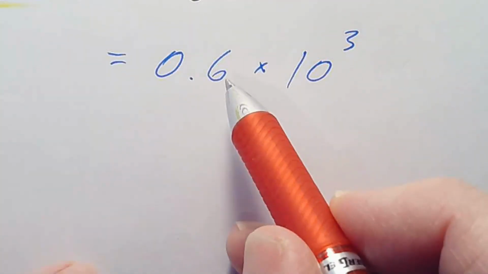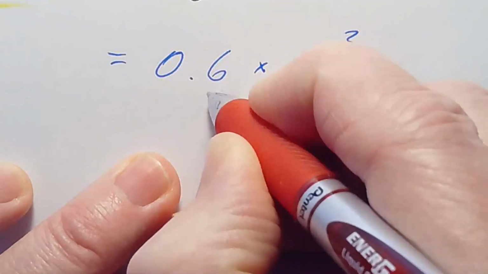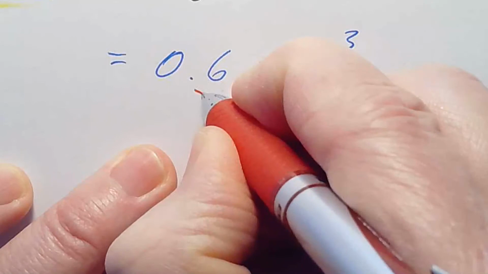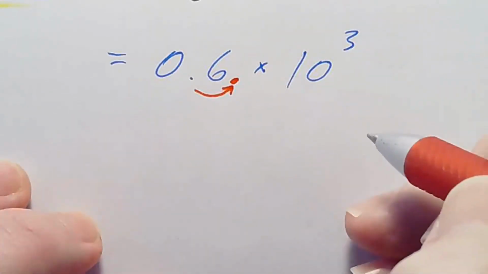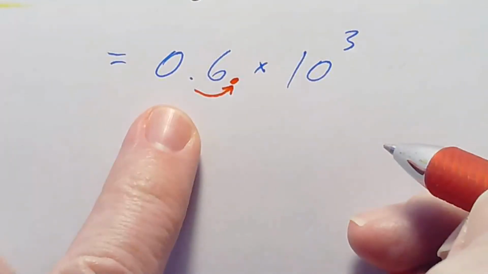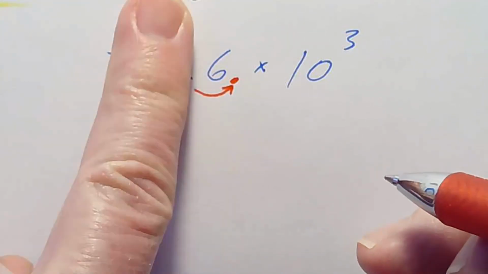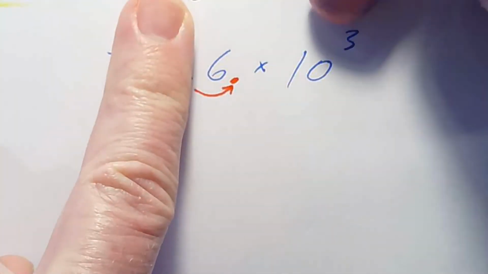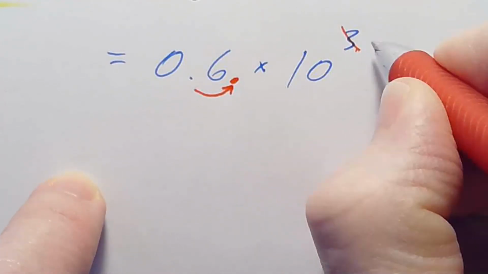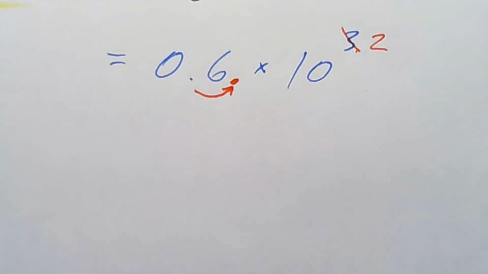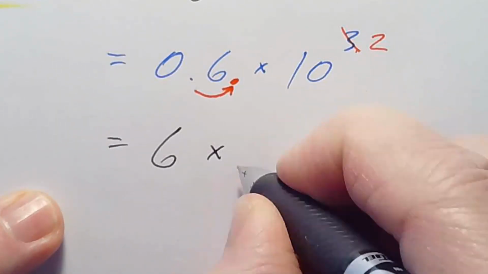That's not correct scientific notation, is it? This decimal point needs to be over 1. That 6 needs to be in front. So I would move that decimal point over. Now, what just happened is this value, it was 0.6, just got bigger. If this is getting bigger, this has to get smaller to compensate. So instead of a 3, this is a 2. So my final answer would be 6 times 10